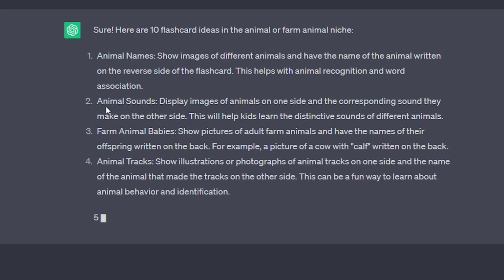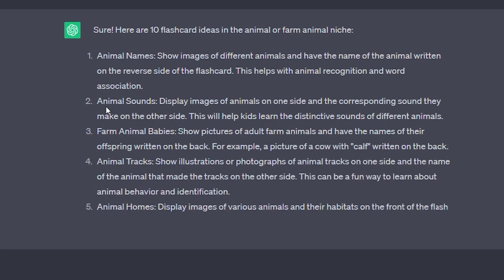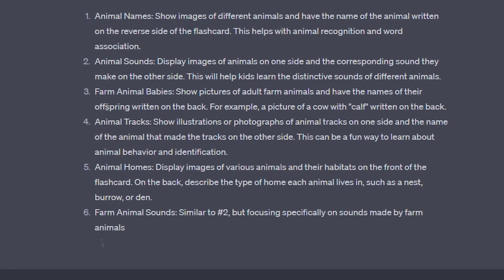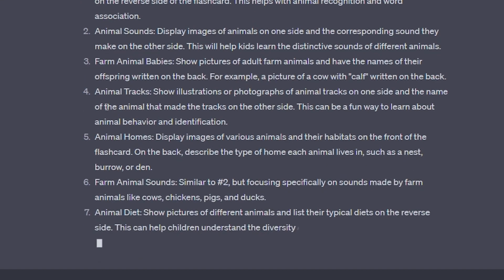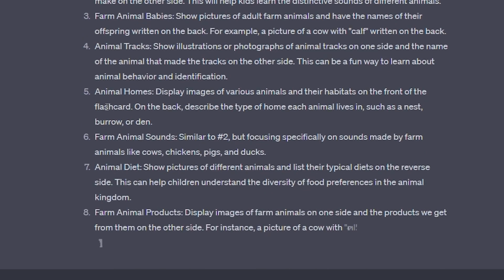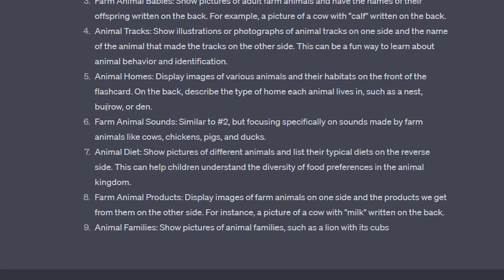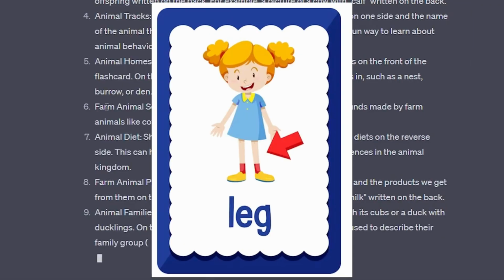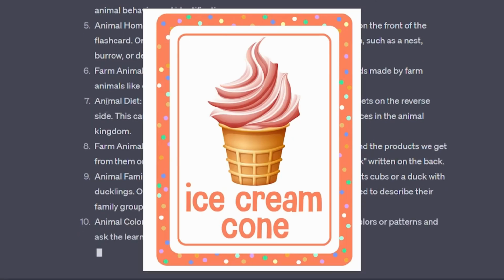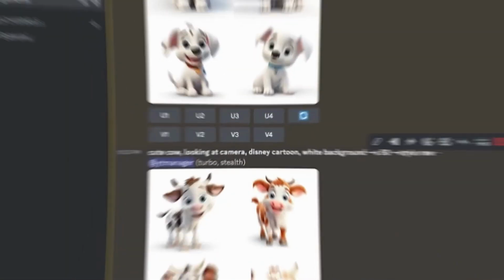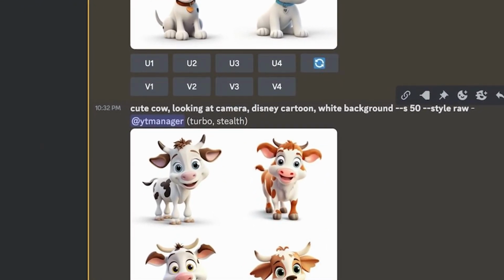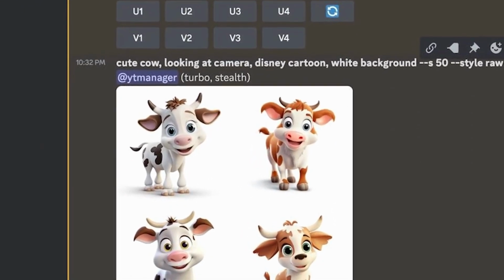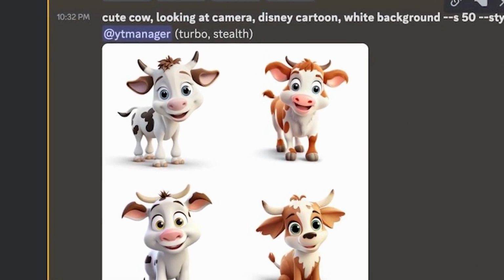So the chatbot furnished us with 10 flashcard ideas we could develop. So once you've concocted a product concept, you have to convert it into a finished product, which starts by creating the main component of the flashcards, the illustrations. For this part, honestly, I don't think there's a better fit than Midjourney, which, in my judgment, is currently the best AI image generator in terms of customization options and image quality,